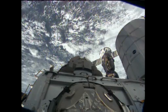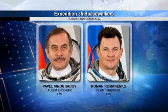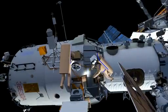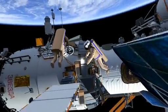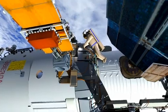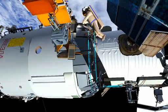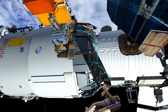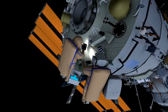and gas. And meanwhile, on the Russian side of the house, Vinogradov and Romanenko continue their preparations today for their spacewalk, scheduled Friday, outside the Pirs docking compartment airlock to install and retrieve several experiments and to replace a faulty retroreflector on the aft end of Zvezda that is part of a suite of navigational aids to be used by the European Space Agency's Albert Einstein, the Automated Transfer Vehicle 4, for its automated docking to the station later in